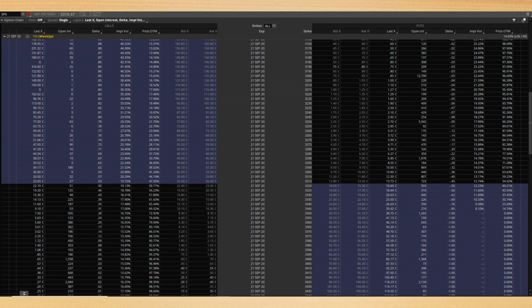Now we'll say out of the money, and we'll start with call options again. Out of the money call options means that the stock price is below the strike price. And for puts, this means that the stock price is above the strike price. You can tell again because this is highlighted a different color, and also because these strikes over here on the call side are above what we're trading at, so they're going to be out of the money.